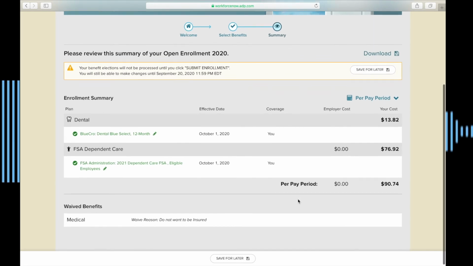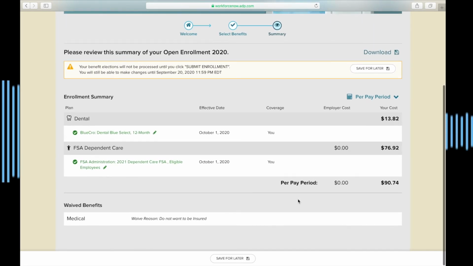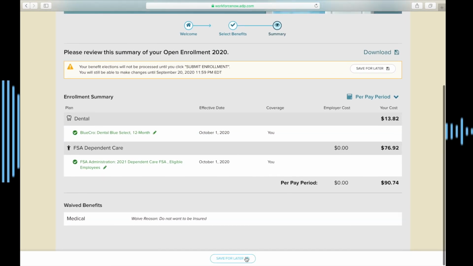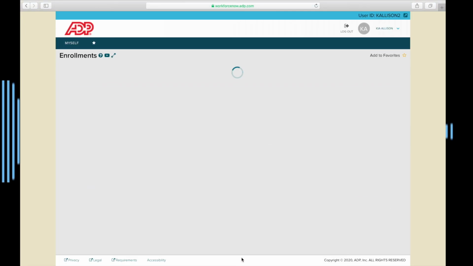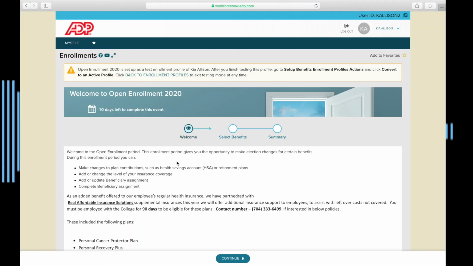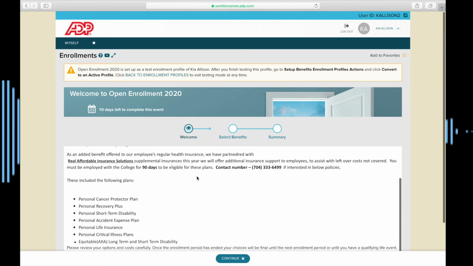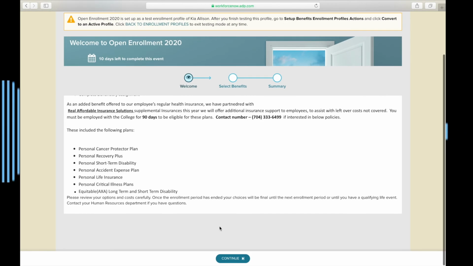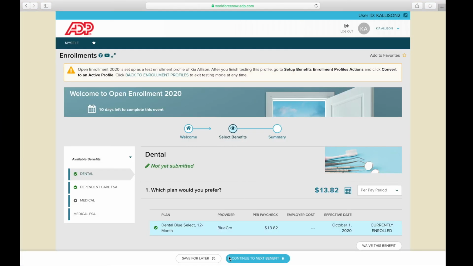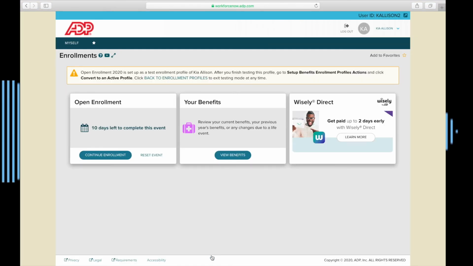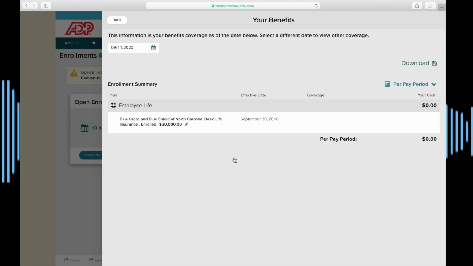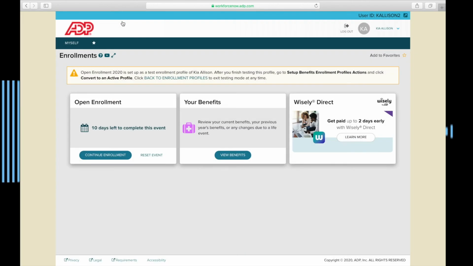The last step would be to ensure that you have received the confirmation note indicating that your enrollments have been successfully submitted. Here is a calendar to show how many days you have left to make any changes to your open enrollment benefits. If you would like to make changes or modify your enrollments at any time during our duration,